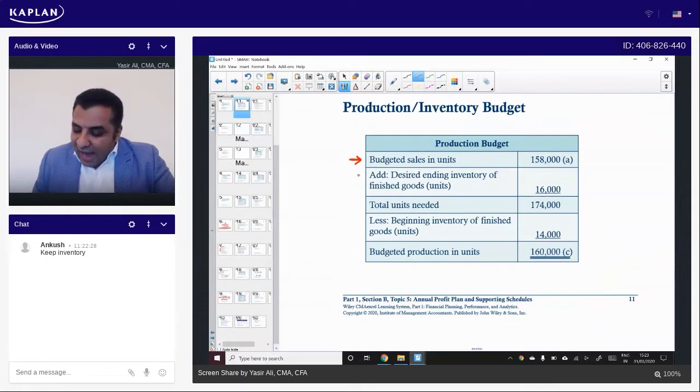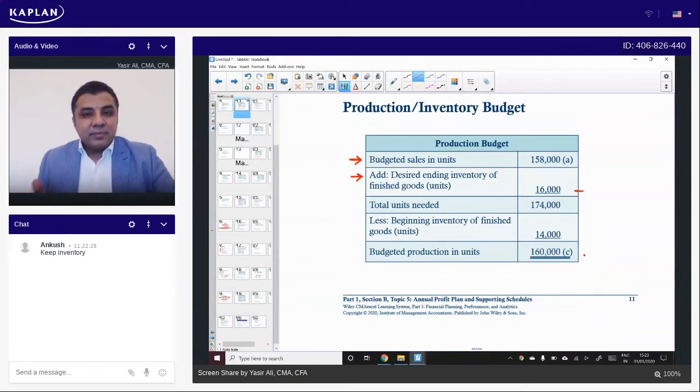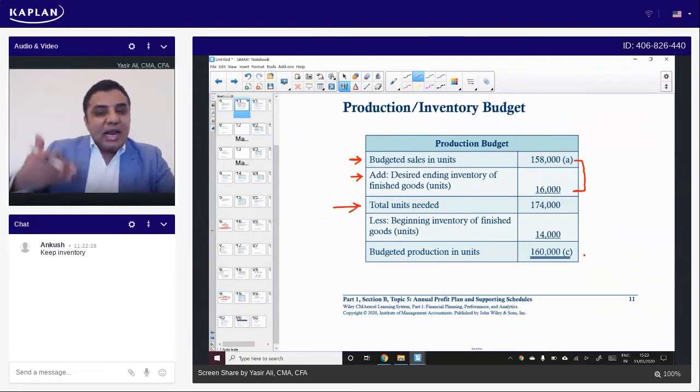We add the desired ending inventory of finished goods in units, how much you want to keep as finished goods inventory. Let's say this number is provided, and you want to keep 16,000 units in inventory at the end of the year. So 158,000 you want to sell, plus 16,000 units as ending inventory at the end of the year. So total units needed to sell and to keep in inventory are